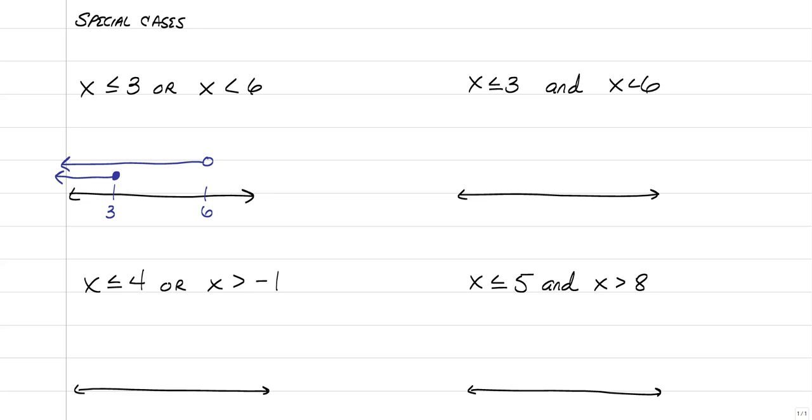So let's go back and talk about the or statements, where anything that satisfies one of them is technically correct. So let's start with negative 10. Does negative 10 satisfy the first one? Yes, it does. Does it also satisfy the second one? Yes, it does. Let's talk about 4. Does 4 satisfy this one? No, it doesn't. But what about 4? Does it satisfy this one? Yes. So as long as it's true for one of the two in an or statement, remember,